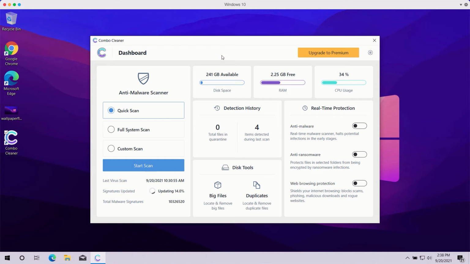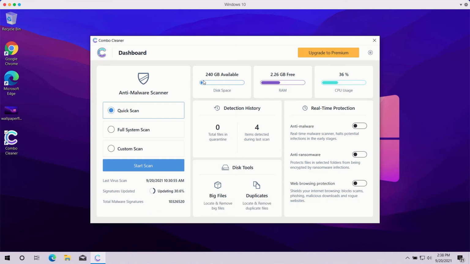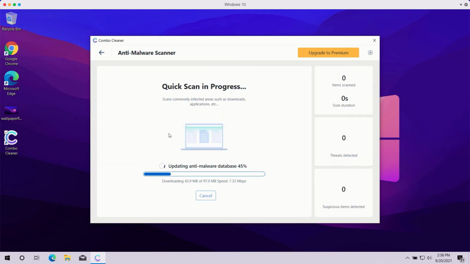Once you start Combo Cleaner antivirus, you need to select your preferred scan type. The trial mode of the program, however, only gives you quick scan, so you have no other option available. The premium version of the software also gives you full system scan and custom scan. After this scan type is selected, or you choose the quick scan type in the trial mode, click on Start Scan button. The program, even in the trial mode, will help you to fully analyze your computer, and you'll be